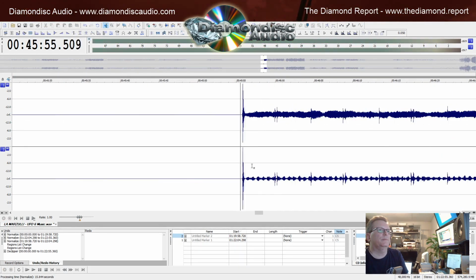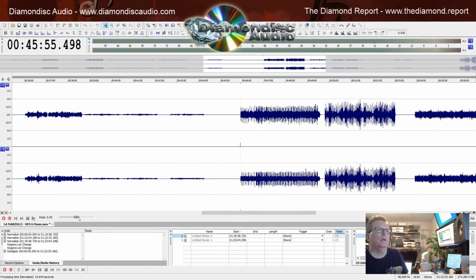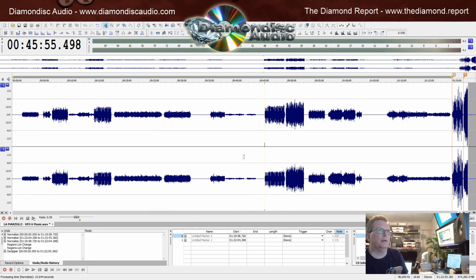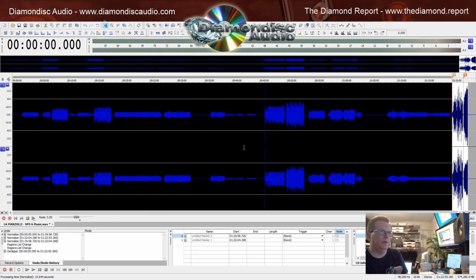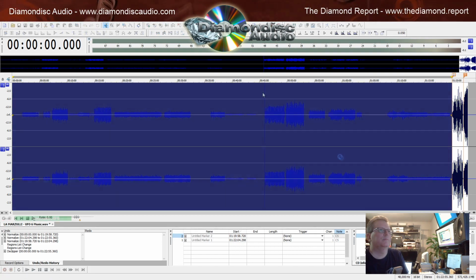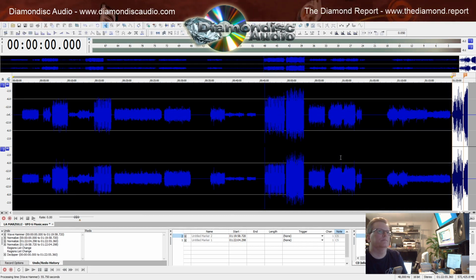So here it is. Yeah, it's just that one note. It's almost like a part of a sound effect itself. All right, so what we're going to do is I'm going to do a couple of minor compression passes on the music just to kind of balance things out a little bit more. Okay, so there's the first compression pass. Let me see what that sounds like.